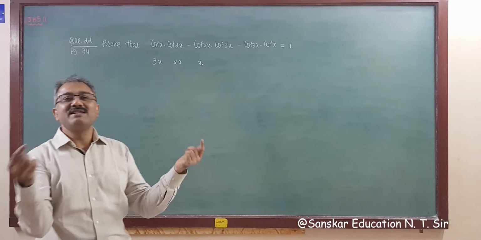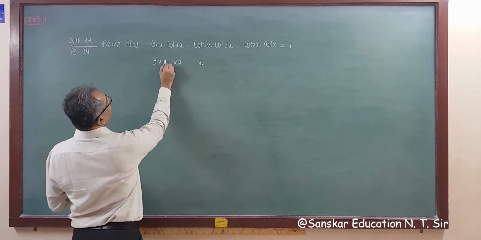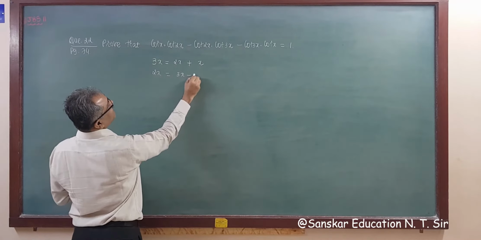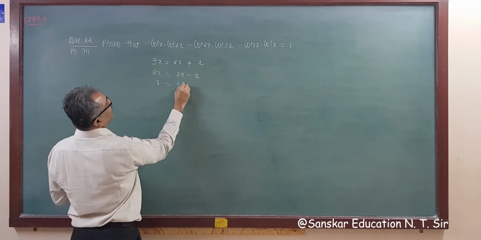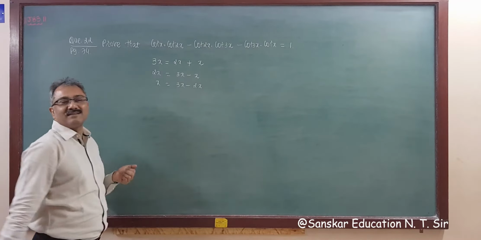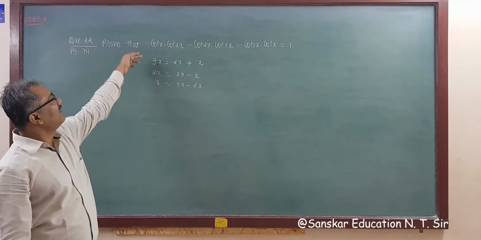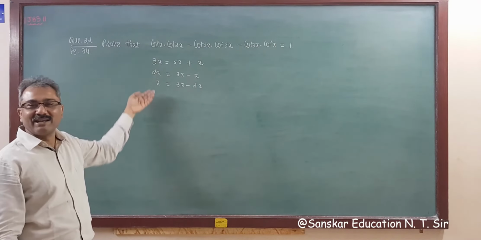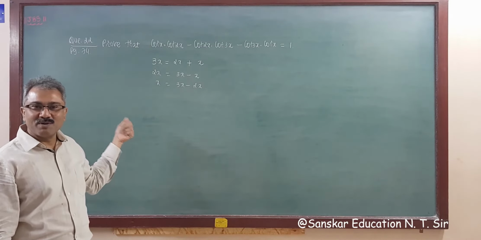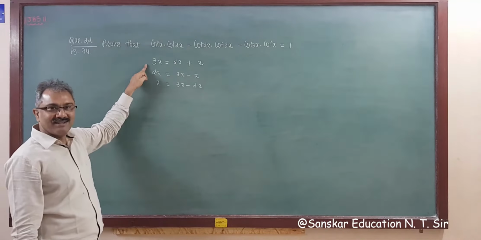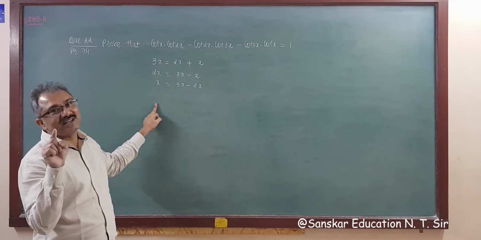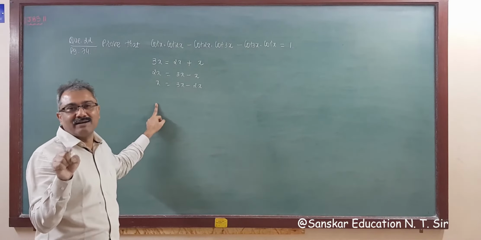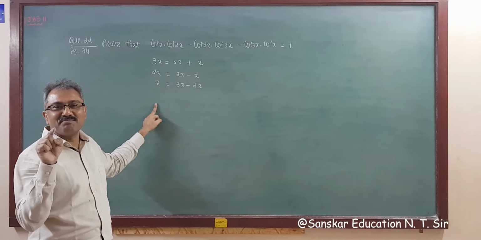So what is the relation between these three angles? So 3x is equal to twice x plus x. Either twice x is equal to 3x minus x. Either x is equal to 3x minus 2x. Right? So there are three methods for you. You have to apply any one of these. Which method you want to apply? First one, then apply first one, right? Then second and third is do it yourself. Because we don't have to memorize by rote, we have to learn by making it conceptually clear, right? Because maths is a magic, right?